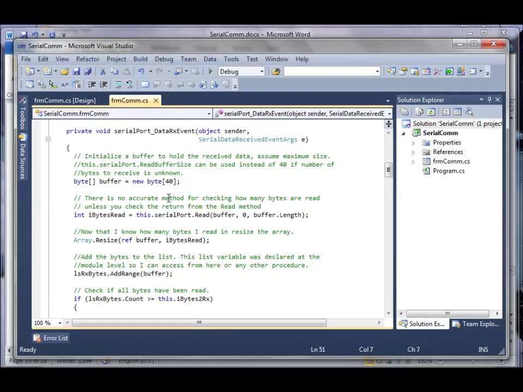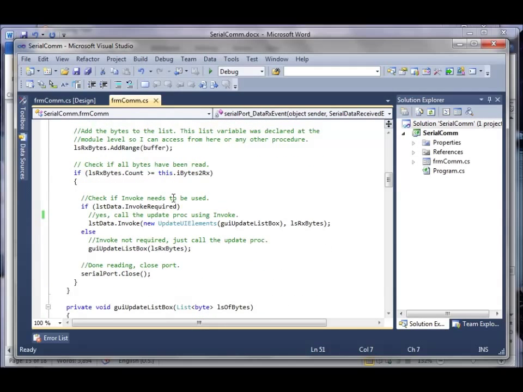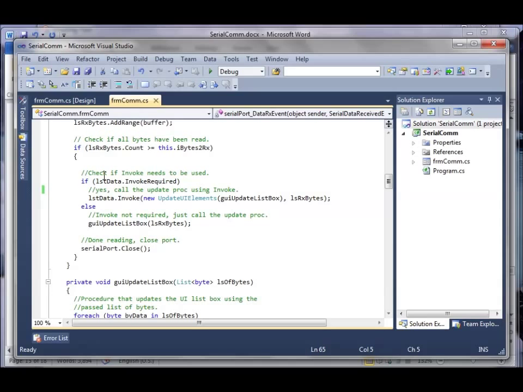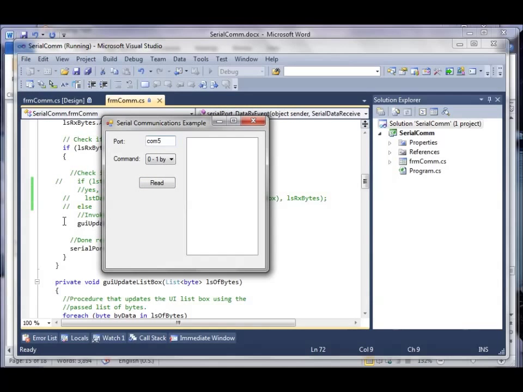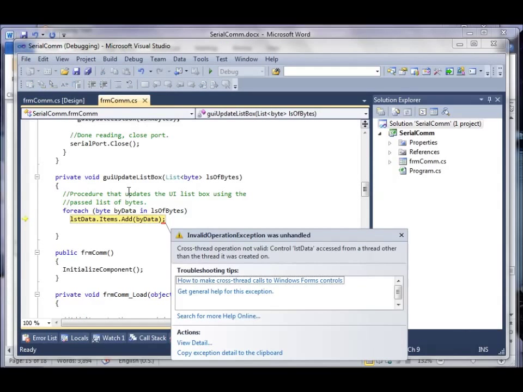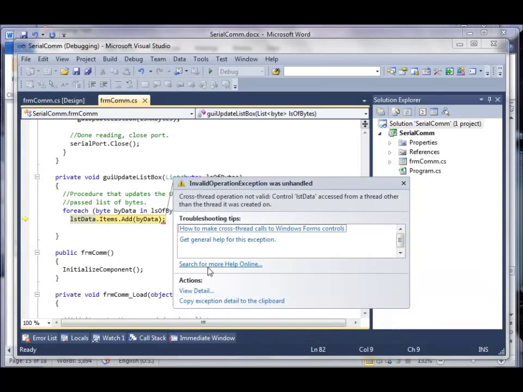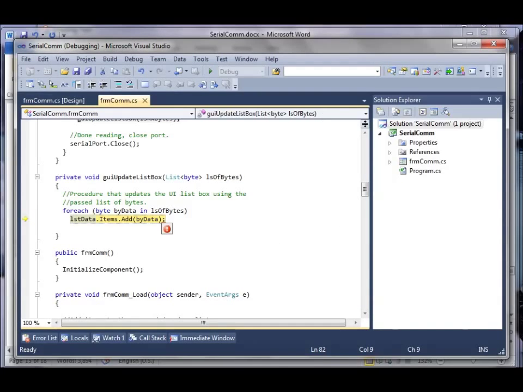Now, for instance, if we did want to see the error live and not just in our document, we can just go ahead and comment out some code, like for instance the if. We're going to do this here, comment this out, and just run the procedure by itself. So here we go again. I'll get the window in view, COM5. I'm just going to let it return 1 byte. I don't care. It's going to error out anyway. And here we go. Okay, so now it's taking a little bit longer than usual. And here it comes. And there you have it. You have the error that comes up if you try to do something that is not thread safe within your application. And now we go back to the document,